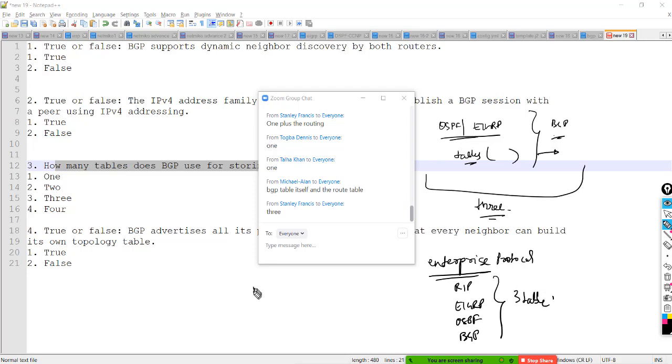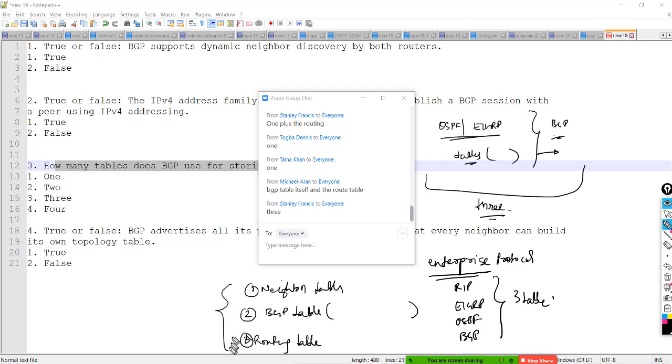The first table is called the neighbor table, where you have the directly connected neighbors' information. Second, you have the BGP table. This BGP table consists of all the prefix information, but the best one is placed inside the routing table.